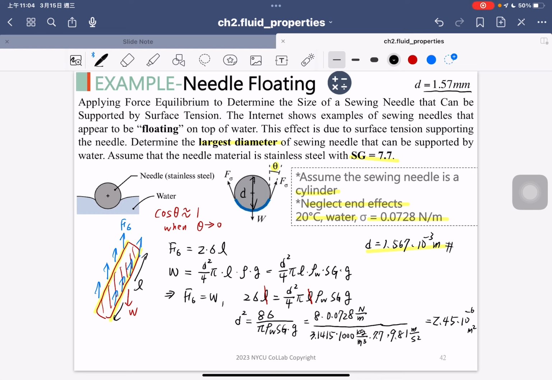Okay, so this is also a very good exercise, and we know how to apply surface tension to our problem and explain phenomena you see in nature, like why 轻功水上漂 or a needle floats on the water, and you can determine how large a diameter of needle we can put on the water under the floating condition. Okay, I guess the time is over, so maybe we stop here, and the next class we